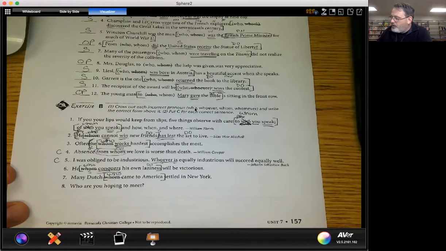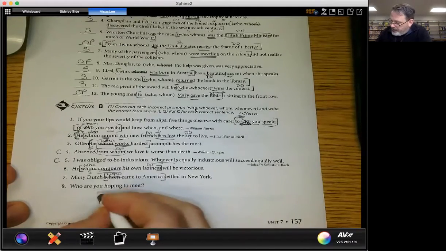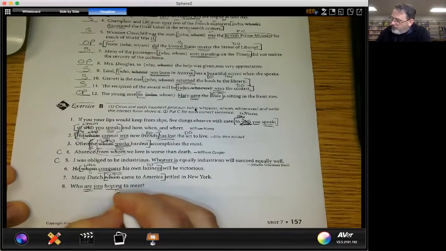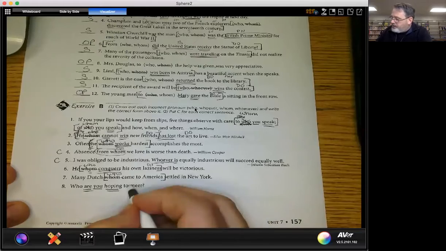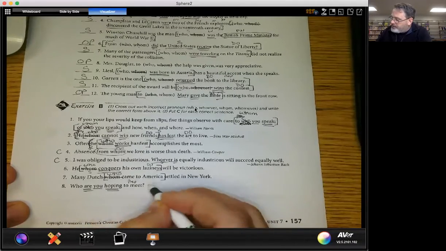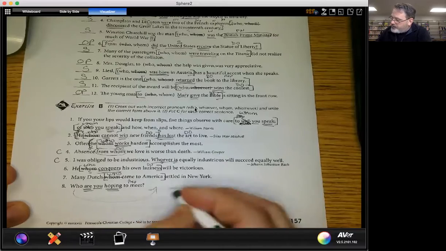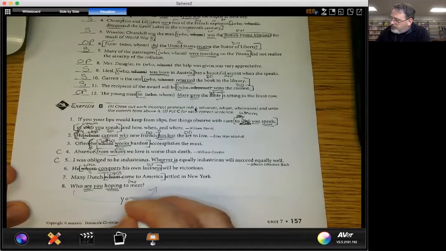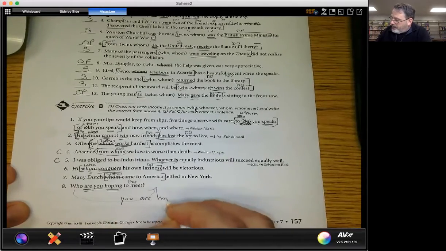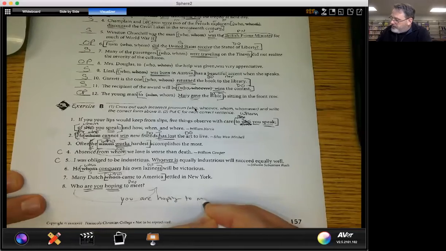And then this one is a question, so we would have put the whole thing in parentheses. The verb is are hoping. You is the subject. That means, guys, I'm just going to mark this one up. I have to. That's the subject. Are hoping is the verb. To meet is the prepositional phrase. And who, if this was a statement, would be way over here. We would say, you are hoping to meet